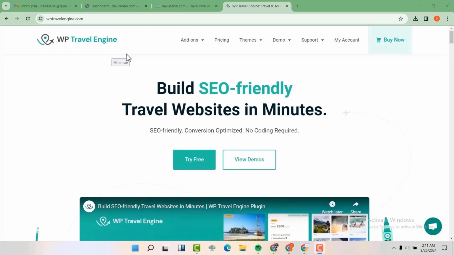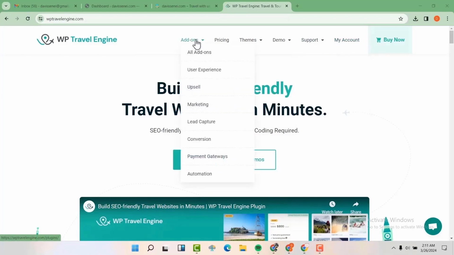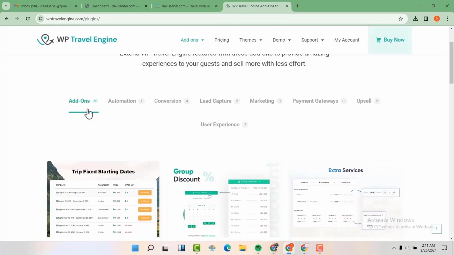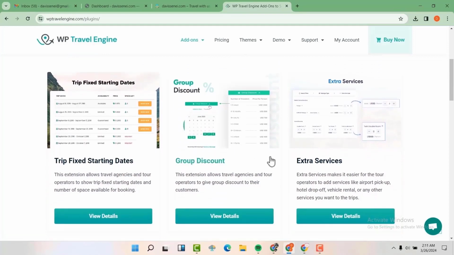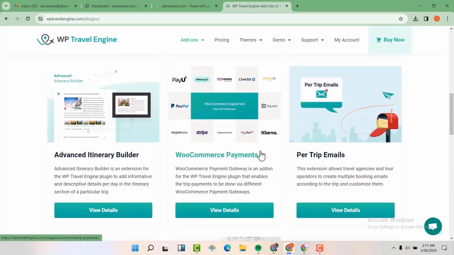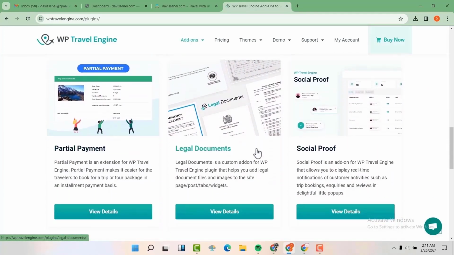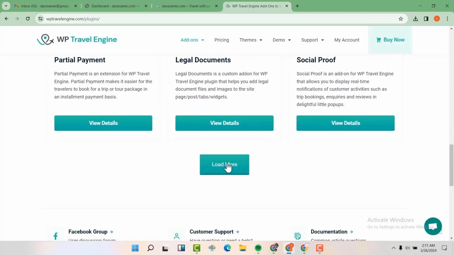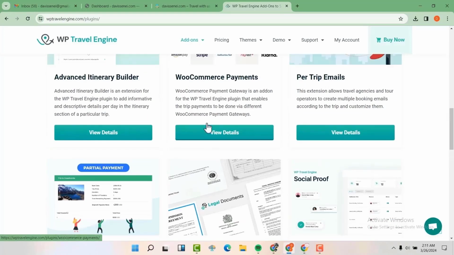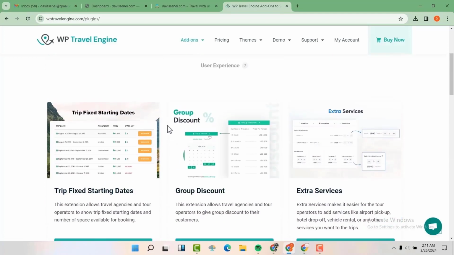So once you have purchased the WP Travel package, you're going to log in first to your account, and then you're going to click on add-ons, and you're going to see that you have over 30 add-ons, and you can see all of them here. So you can scroll down and check the ones that you want. You can click load more to see more, but I just want to show you how to now add